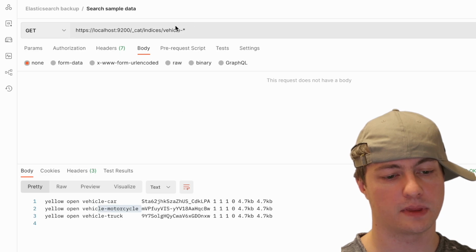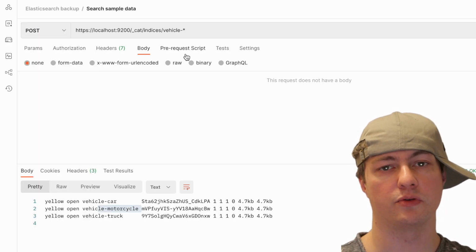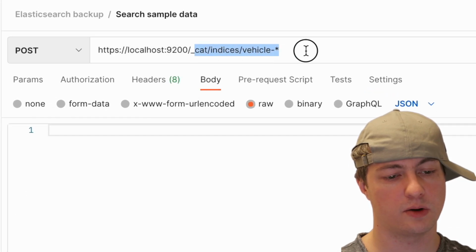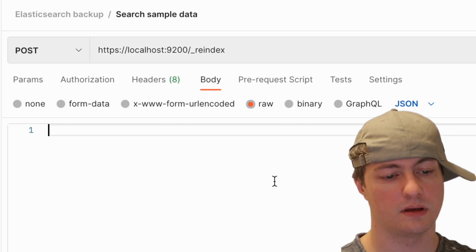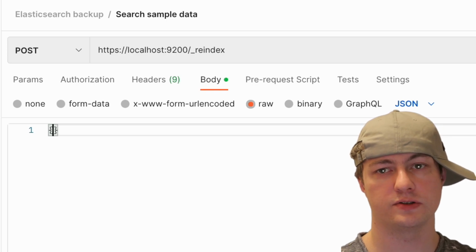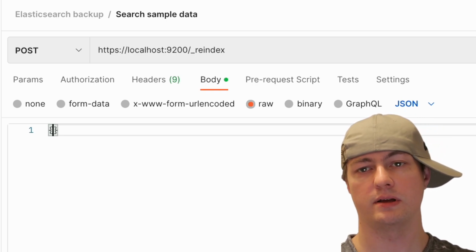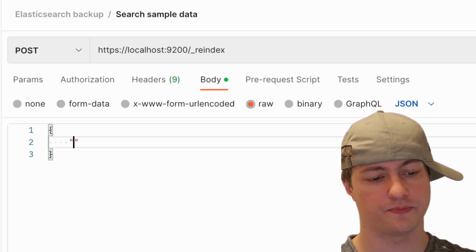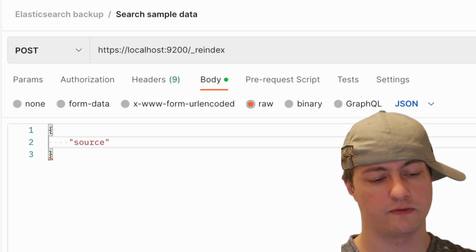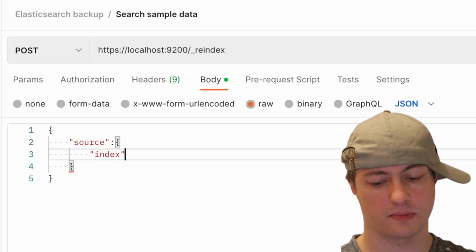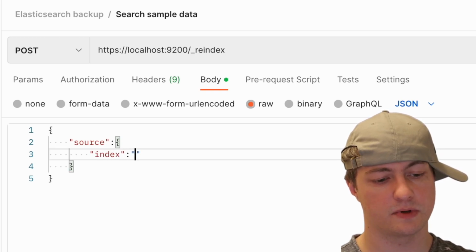In order to do that, I will create the POST type of a request, choose a raw JSON, and here I will type _reindex. This is very good. Here I'm creating the JSON type of a content, and here I will type first source, index. Now index name, so vehicle motorcycle,